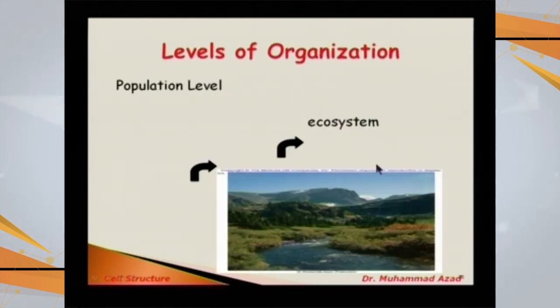If organisms of the same species start living together in the same area, we use the word population. If organisms of different species start living together at the same time in the same area, we use the word community. The living organisms in the community interact with each other and with their non-living environment, giving us a self-sufficient unit, which is called an ecosystem. So an ecosystem is made up of all the living and non-living components of an area, in which the living components interact with each other and with their non-living environment to give us a stable system.